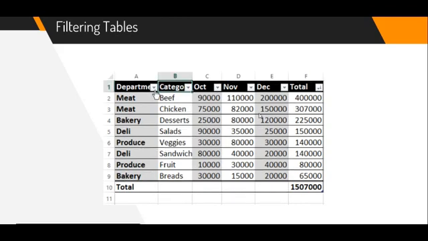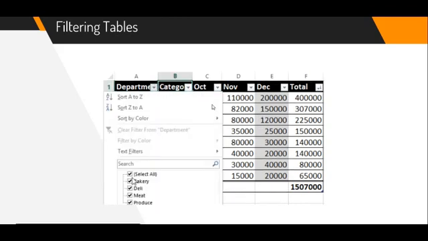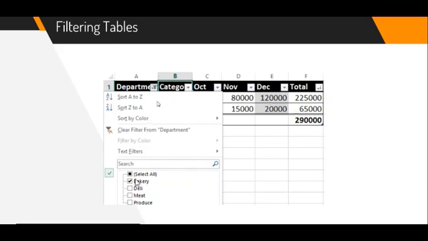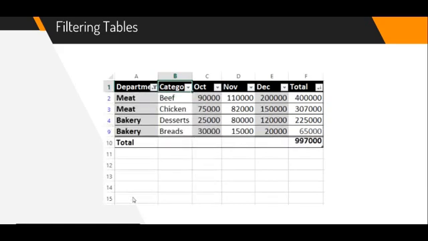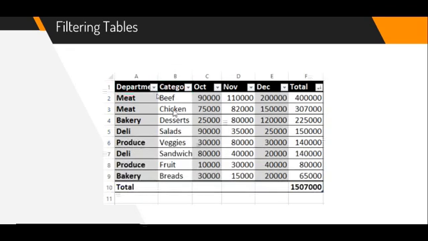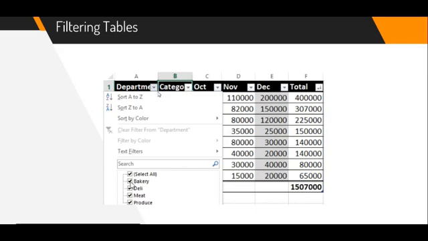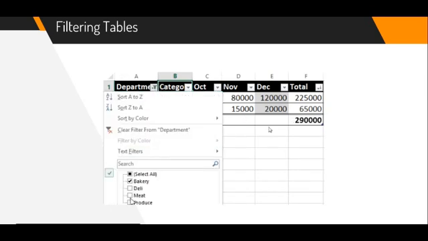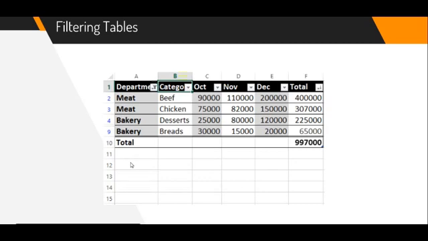Filtering tables. Let's say you just want to see, for example, the sales for the bakery department and the meat department. You can do so through filtering. Filtering is basically self-explanatory. You want to filter out the data that you don't want to see or that you want to see. It all depends on the checkboxes you select